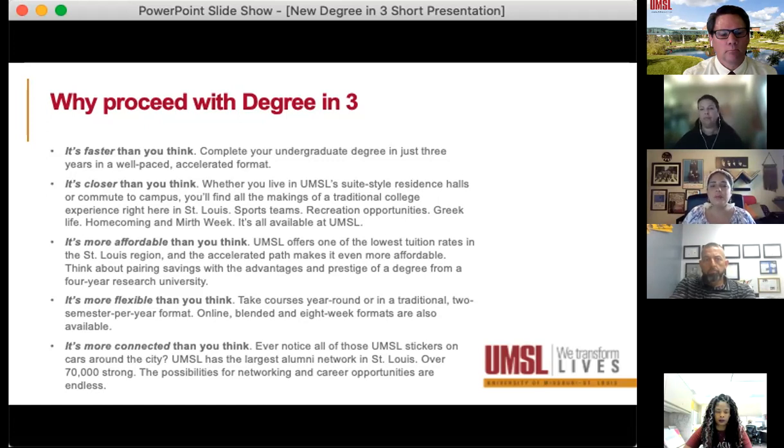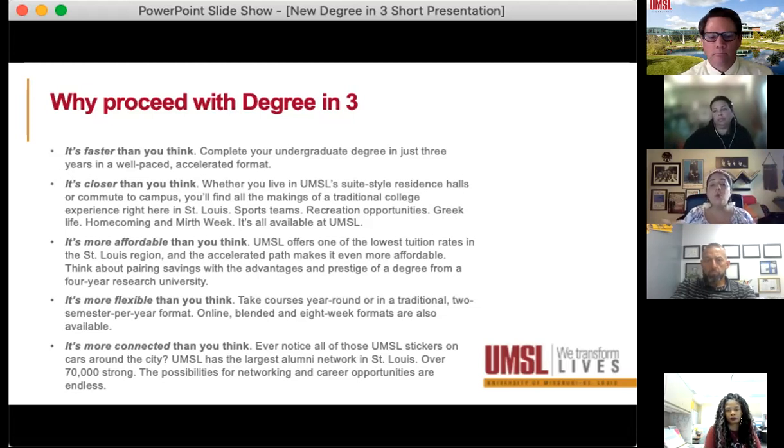And then also something specific to Degree in 3 is they're going to be receiving that personalized plan like the one that you saw earlier, where they can see what classes are offered specifically at your school, how they can apply those. Instead of taking random courses that they think they might could use, they're taking specific courses that they will need and nothing more. They're going to be receiving personal support from myself in making sure that they are connected and supported before they arrive, while they're here at UMSL, and then even after.